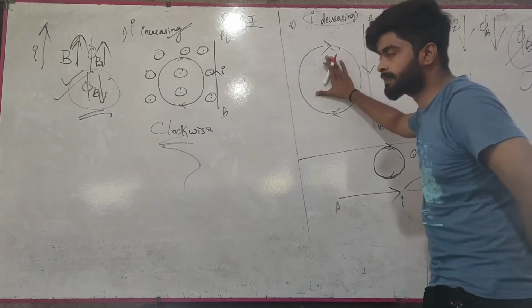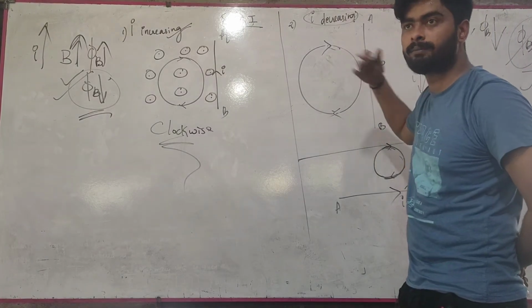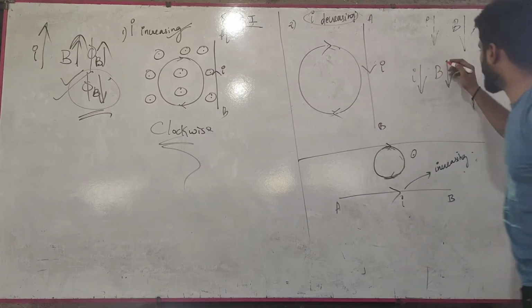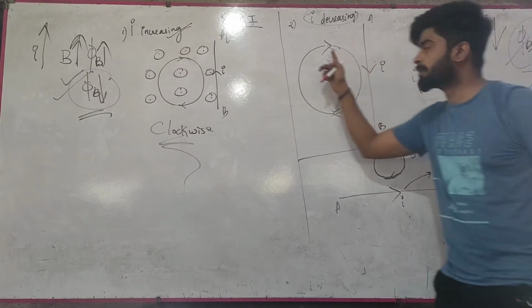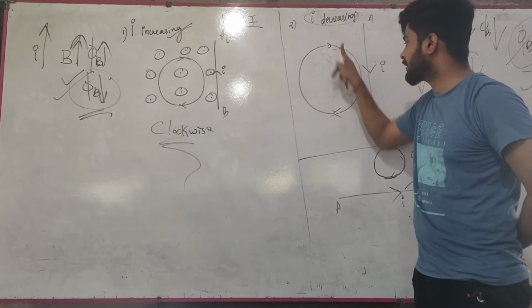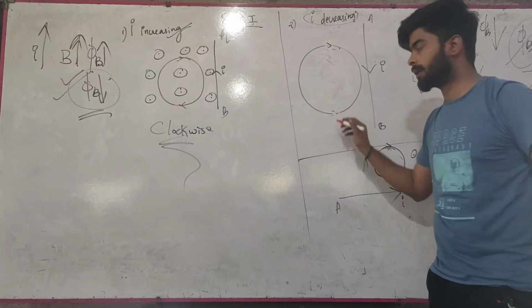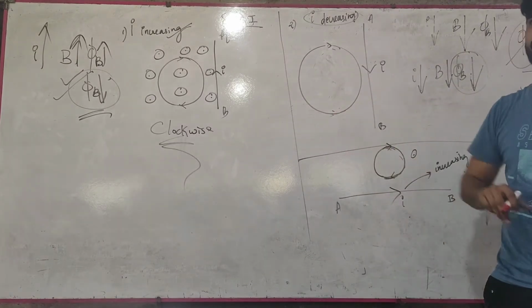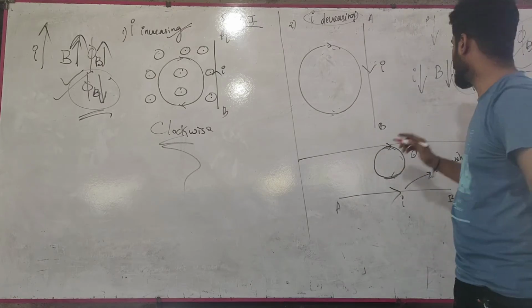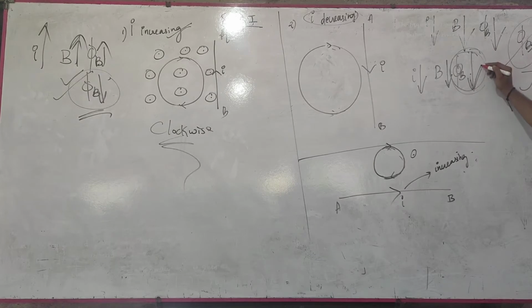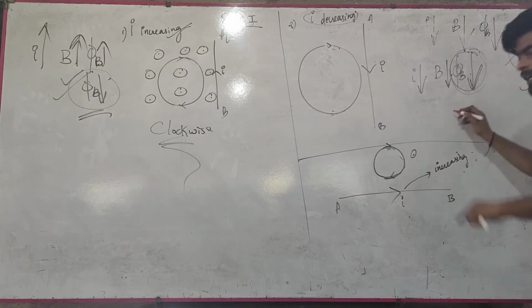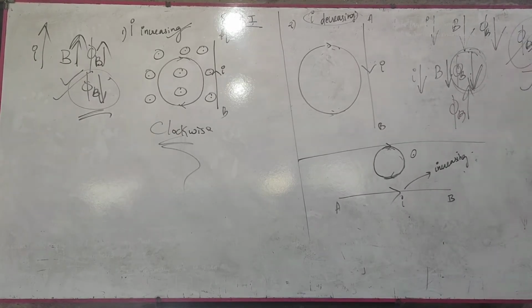So, this coil is placed in a magnetic field which is decreasing. So, the magnetic field is decreasing, therefore, the magnetic flux will also decrease. And due to decreasing magnetic flux, an EMF is induced in this coil, or induced current will be there in this coil, which can be either clockwise or anti-clockwise. But it should be such that it opposes phi B. So here phi B is decreasing. So the induced EMF or induced current wants magnetic flux to increase, since it has to oppose.